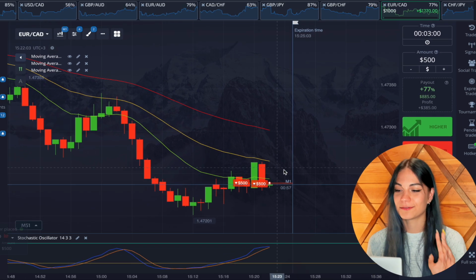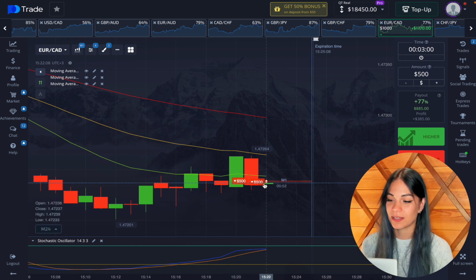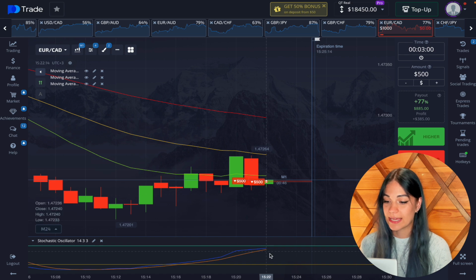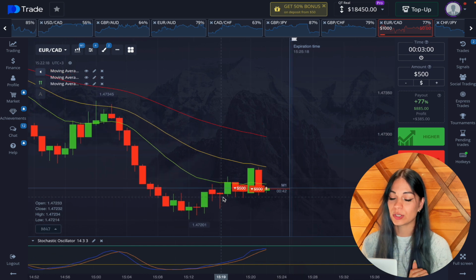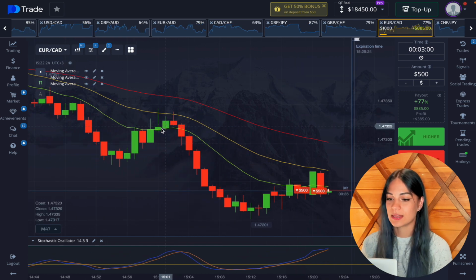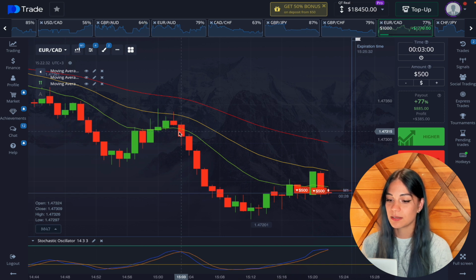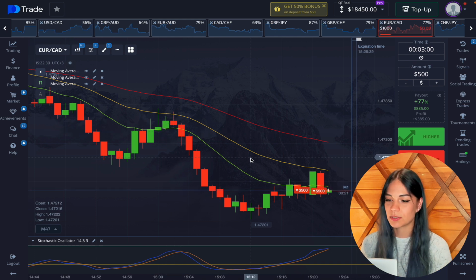Finally, we have a case that we can use, and this is going to be our first trading deal. We are opening it for a downward trend. It's going to be 2 of them for $500, even though the stochastic doesn't give us a signal just yet. If you look at previous moments in the chart, you can see an interesting situation. So right here in this specific case, we can see a good place to open a deal, but at the same time stochastic gives us the signal a bit later,